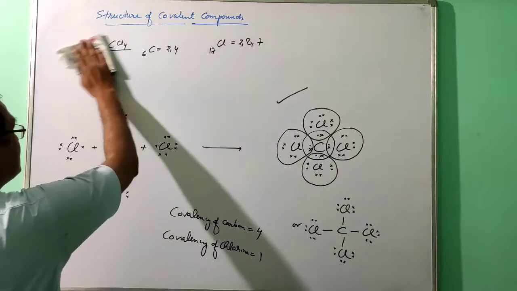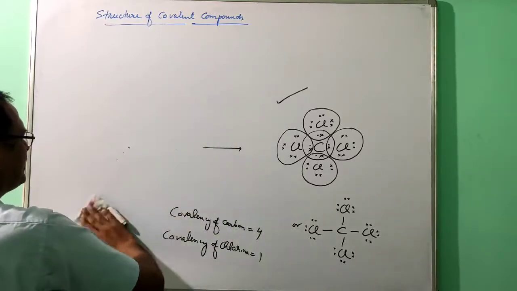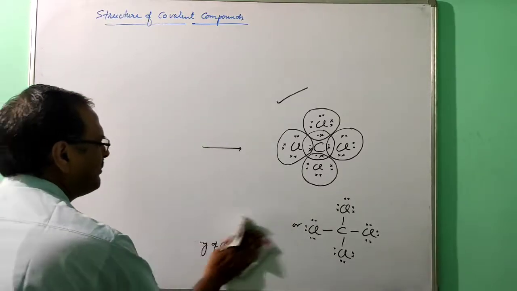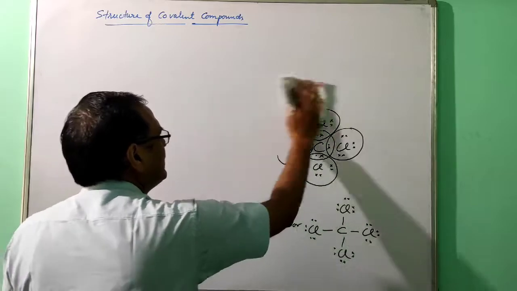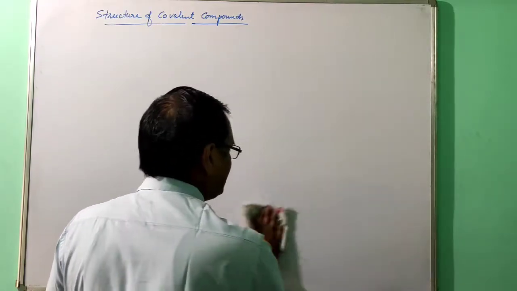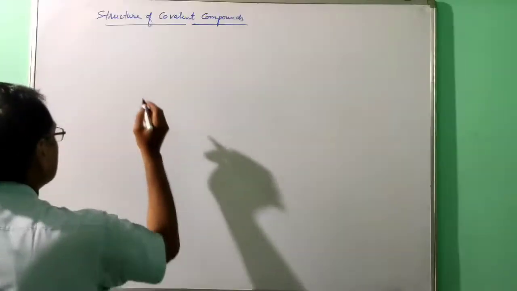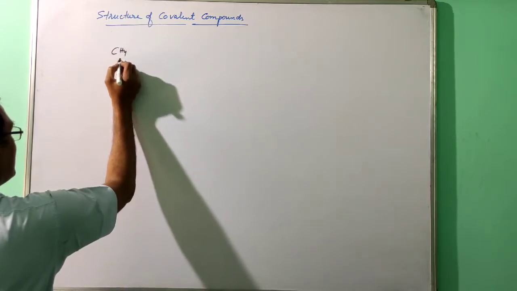Now next one is methane, CH4. This CCl4 and methane structure is very important. The nitrogen structure has been asked many times in board papers. Carbon tetrachloride has also been asked many times, and then this methane. So these are important structures.